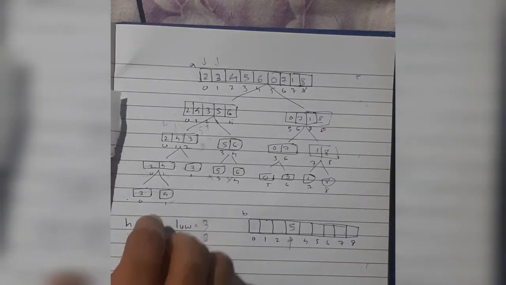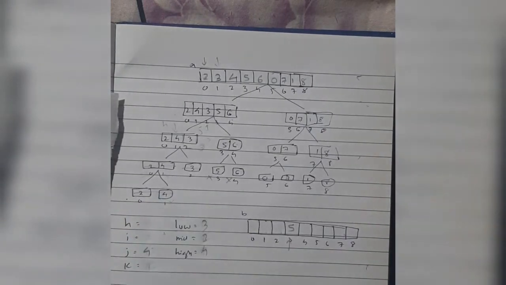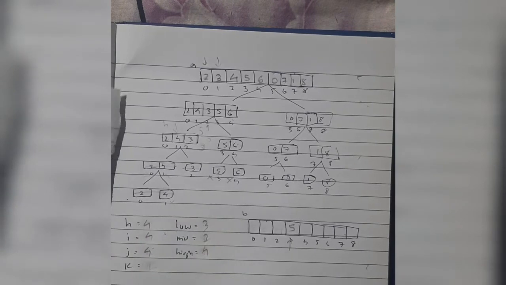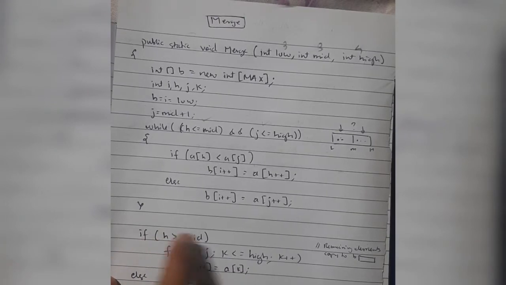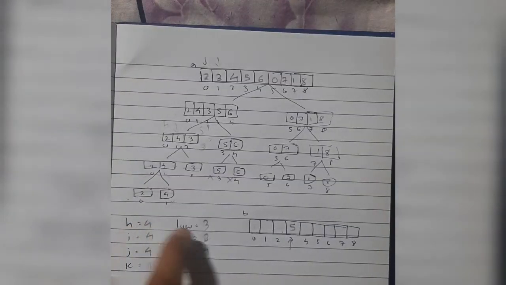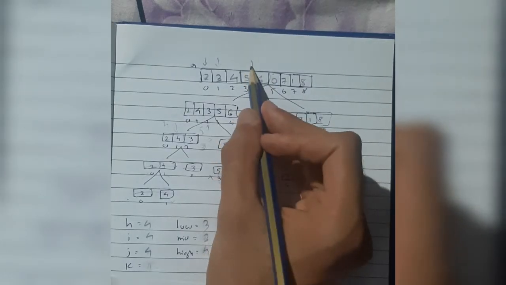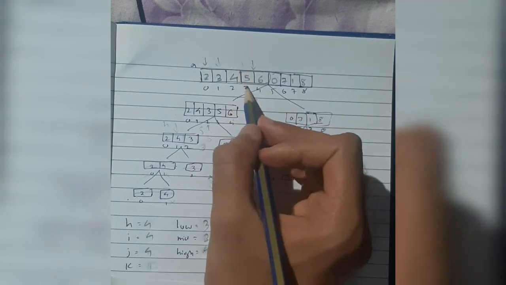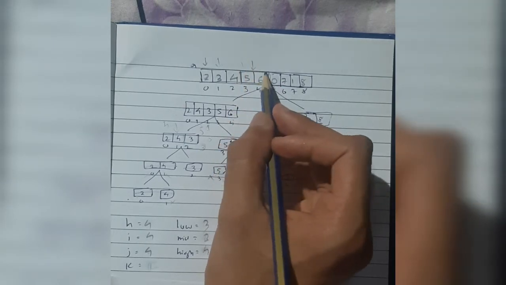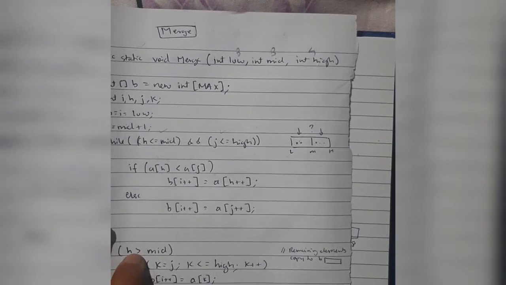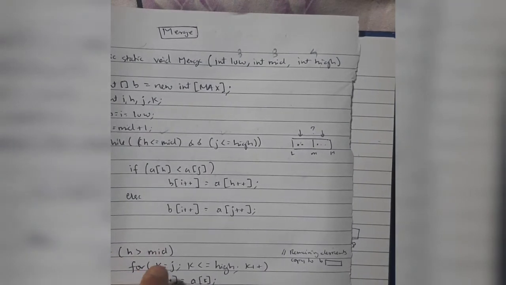Then i and h plus plus. So i and h will be 4 and 4. Then we'll be comparing again from here. H is less than or equal to mid? No, it's not. So come out of this while loop. When we come out of this while loop, we have the next line of code here. Is h greater than mid? Means h has crossed the midpoint. H was here, now h has become 4. Means this was crossed by h. So in case h has crossed the mid value, we'll be executing this line of code.